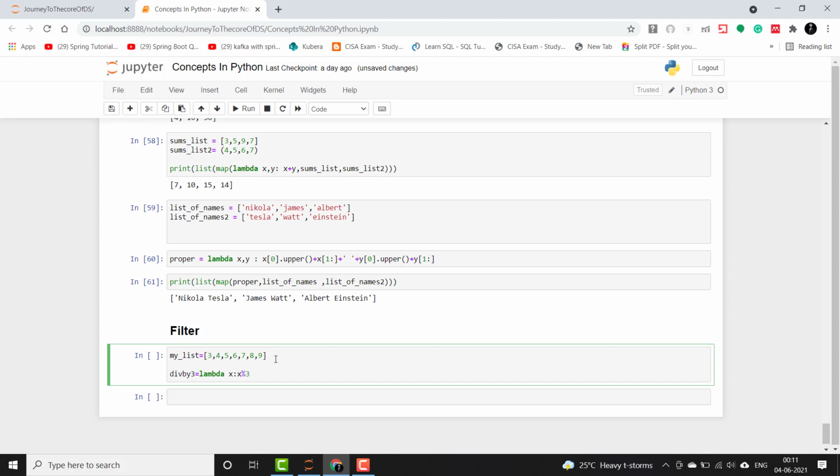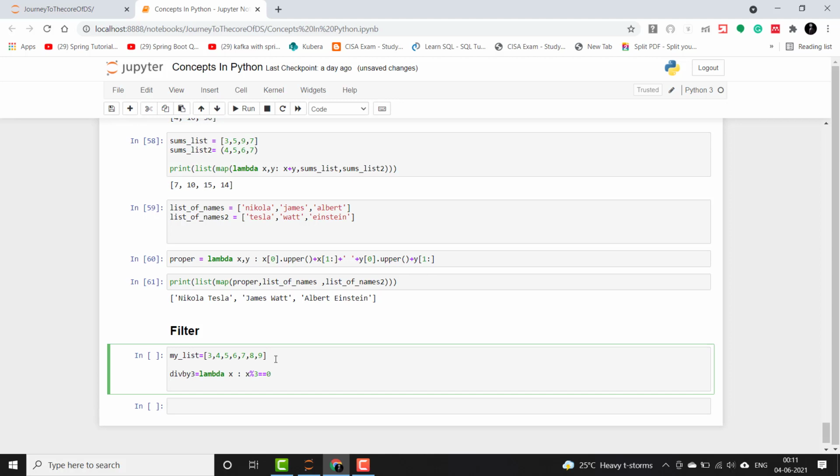Guys, remember this is a mod function which checks for a remainder. So in turn it checks whether a given element is completely divisible by another element or not. If the remainder is 0, that means that it is completely divisible.